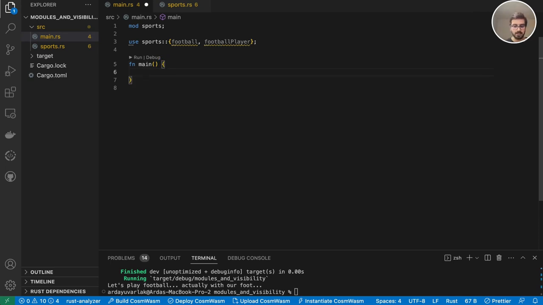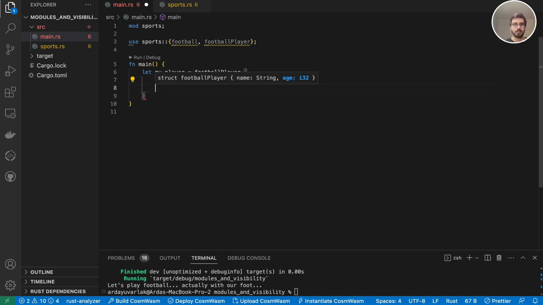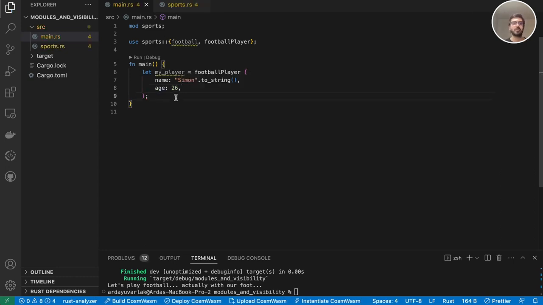And inside this, I will say, let my player, I'm going to say football player, and for the name, I will have Simon, and as the age, I will say 26. Now I was able to create my player. Now let's run our football function. And as you can see here, we have the same functionality,